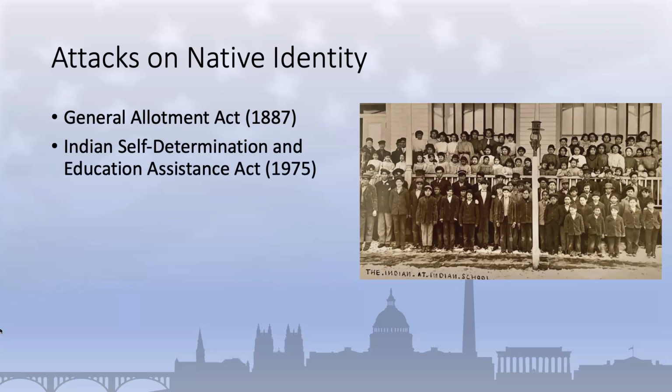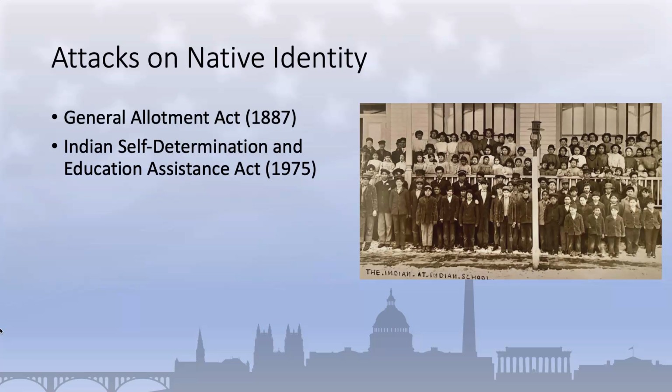In 1975, in an effort to begin to undo some of the damage caused by these policies, Congress passed the Indian Self-Determination and Education Assistance Act. This act aimed to promote tribal self-governance by allowing tribes to assume greater control over federal programs and services provided to them. The act authorized tribes to enter into contracts with the federal government to administer programs related to healthcare, education, law enforcement, and other areas. The Indian Self-Determination and Education Assistance Act has been an important milestone in the evolution of tribal sovereignty, and it's provided tribes with increased autonomy and decision-making power over their own affairs.